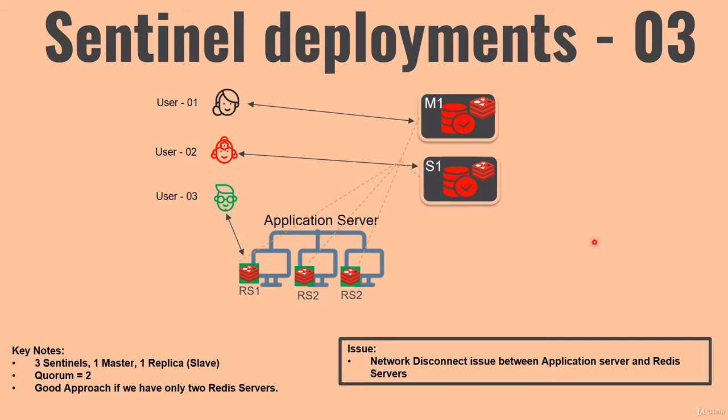Now let's discuss another scenario. In this scenario, we have only 2 servers available for Redis. We have made one Redis server a master node, and we have converted one Redis server to a slave node. In this scenario, you see we have not installed Redis Sentinel on the Redis servers. So rather, what is done here is,